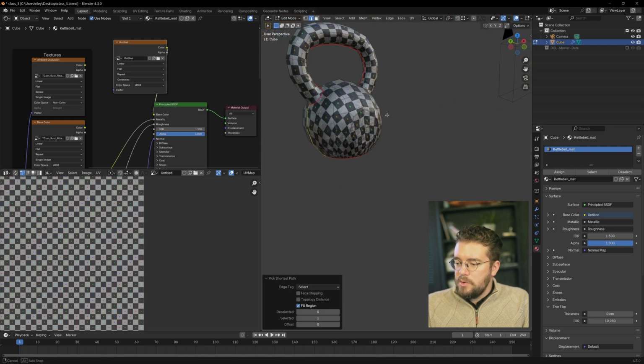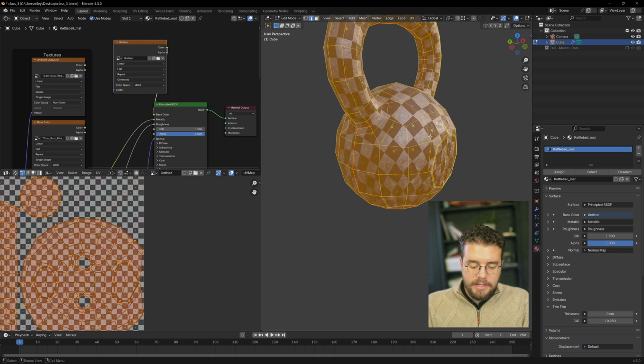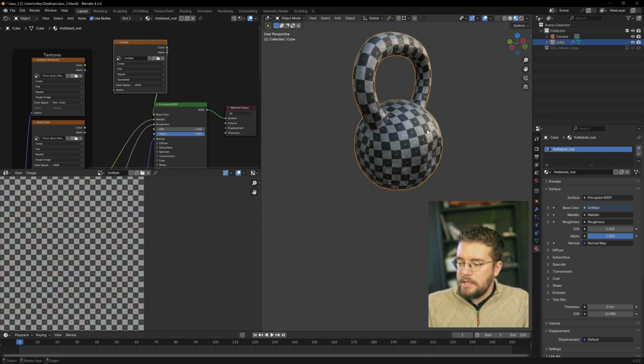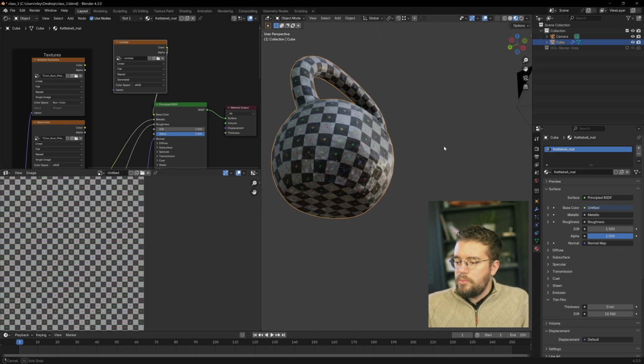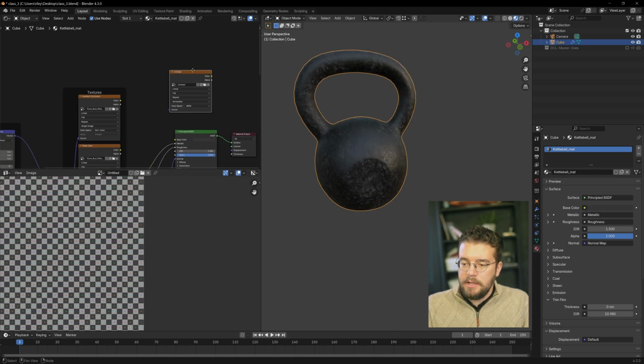And let's press U and mark seam. And that won't unwrap for us. We'll have to select everything again, go to U, unwrap, and let's do minimum stretch again. And that's looking pretty good. I don't see any obvious stretching, so we can get rid of our little UV grid here, move it off